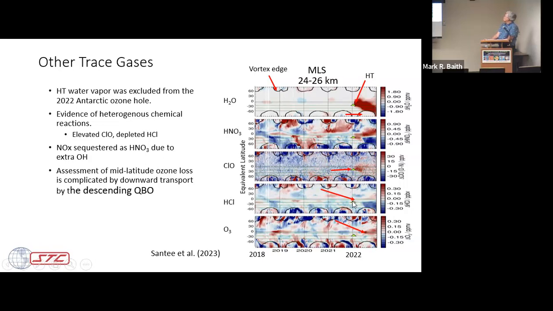Now, what about ozone loss? So you see these heterogeneous reactions. Well, ozone is increasing. So what? That makes no sense. You've got all these things that destroy ozone, and ozone's increasing. Well, this is the problem during this period: the QBO is descending. The QBO actually has a descending circulation, and I'm going to show a little more about that. It pulls the ozone down from the ozone peak, and that's what's going on at these altitudes. You're getting the ozone increasing in this region. So it's kind of complicated to determine if there's any ozone loss.